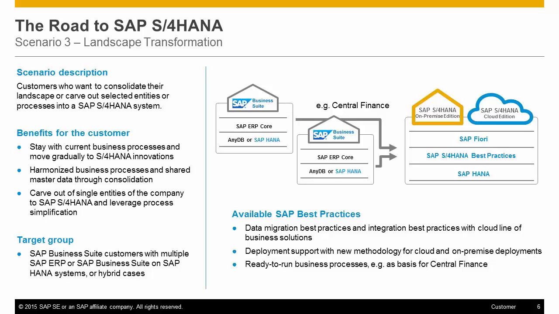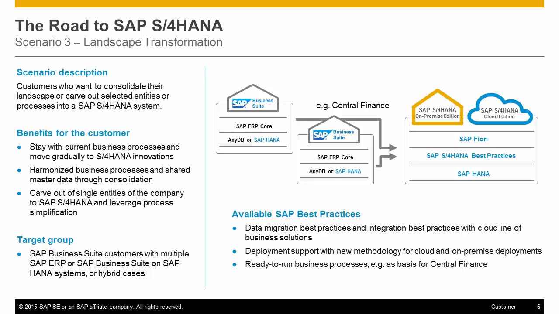Usually, a transformation project is more than a technical task to move to the newest software architecture. Usually, the project has to deal with requirements such as the merge of multiple systems into one global system or the migration of selective parts of a system. With SAP best practices, landscape optimization services, deployment support from SAP Activate methodology, and ready-to-run business processes, these landscape transformation